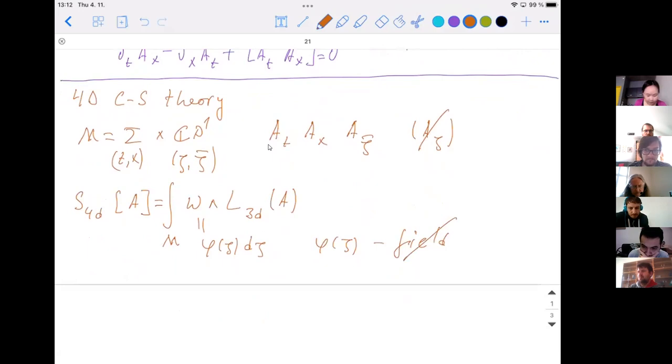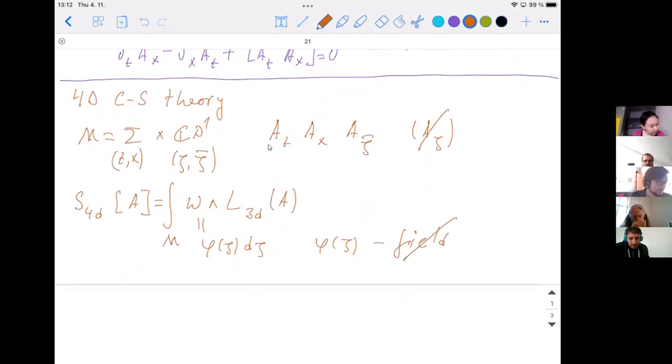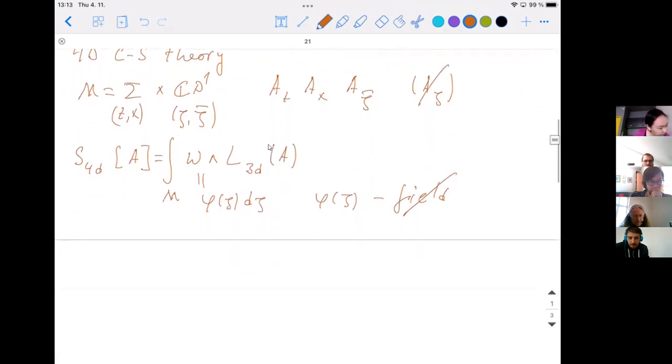Okay, and now I should, let's see. The equation of motion of this